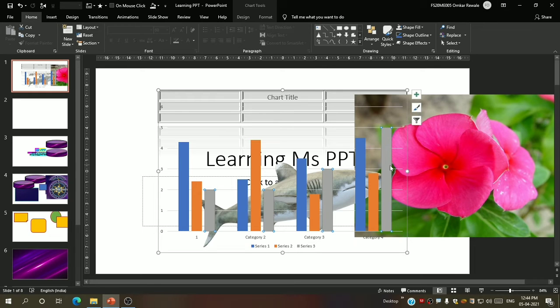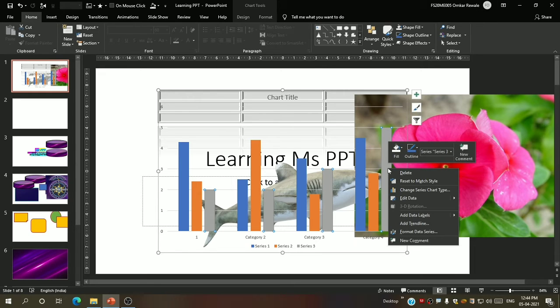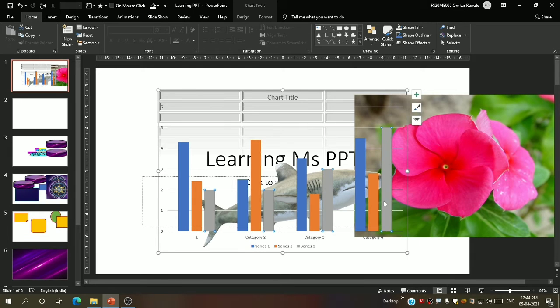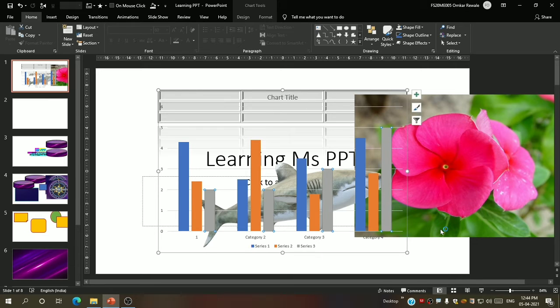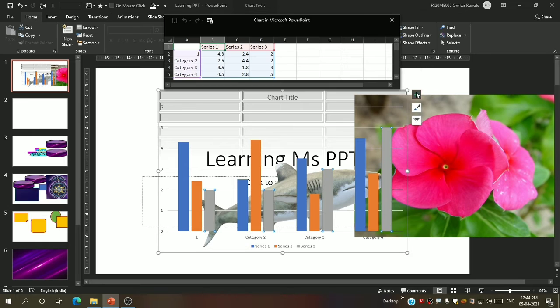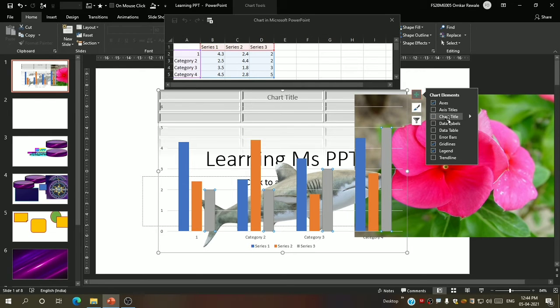You can also edit that by right click on it and you can see the fill option, edit data. Now here are many options provided. Chart title.